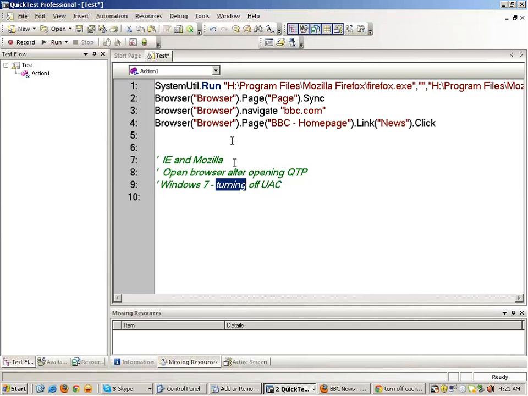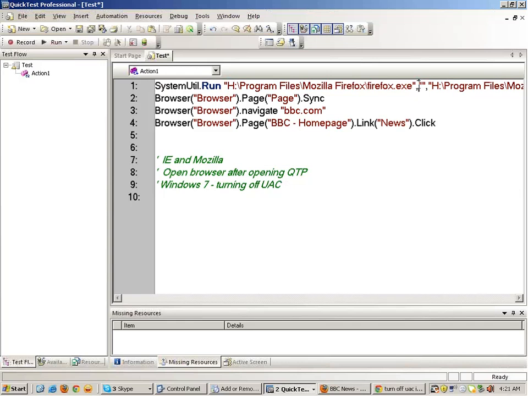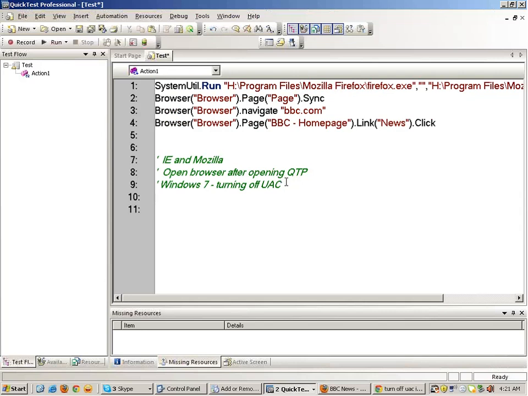Okay, in Windows 7 sometimes people don't get this command, systemutil.run, the path of the exe file. So you can manually write that command as well. Okay. Now after this,